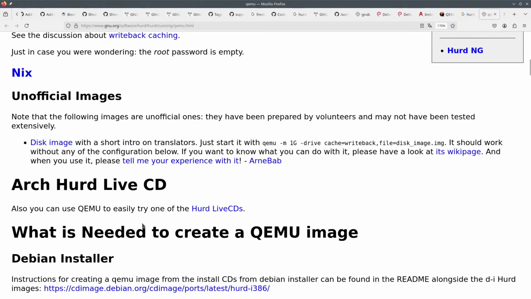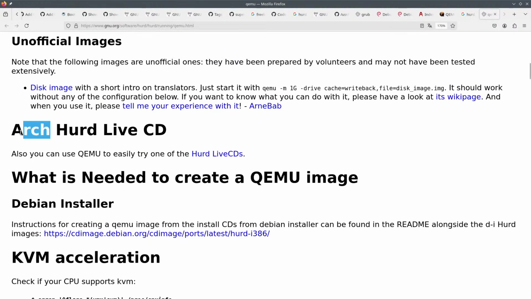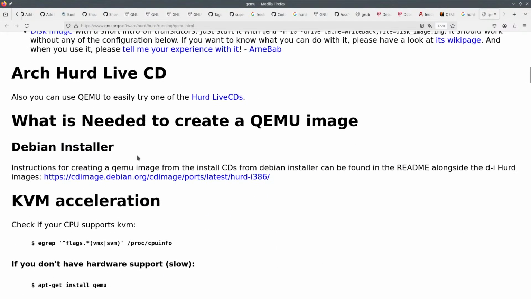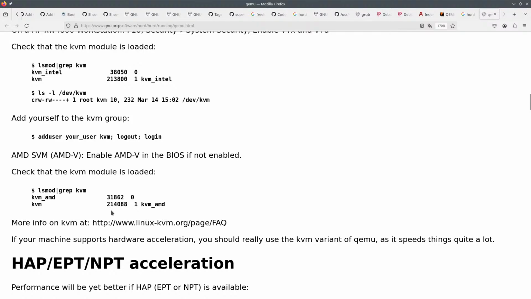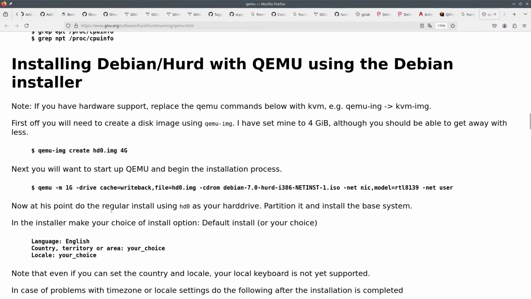I thought that this was Arch, not... yeah, Arch instead of Debian is Arch. Oh my god, I use Arch, by the way, which is not true, but you know. Check if you support KVM, if you have KVM.